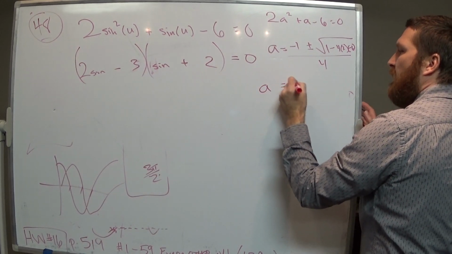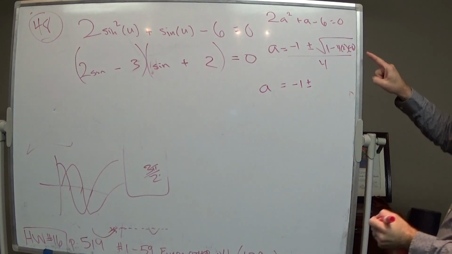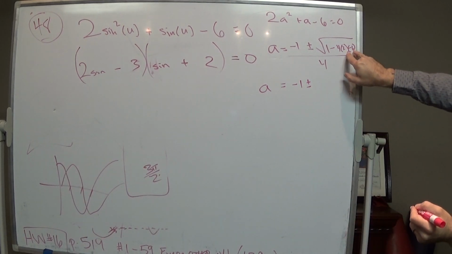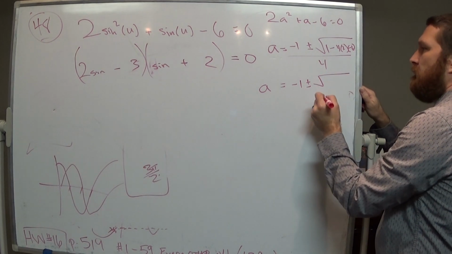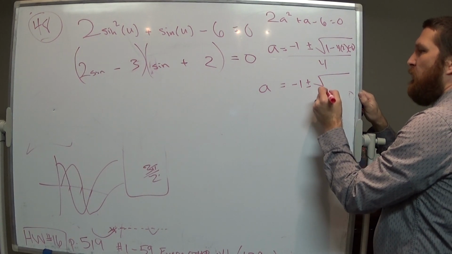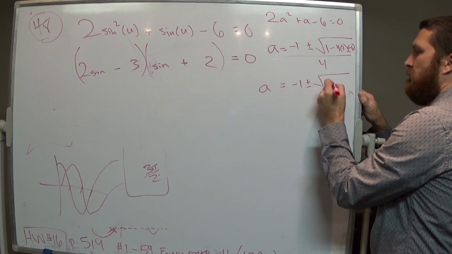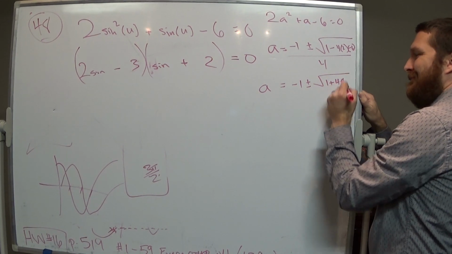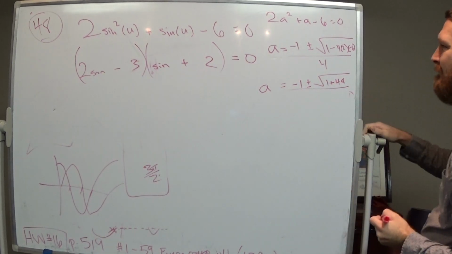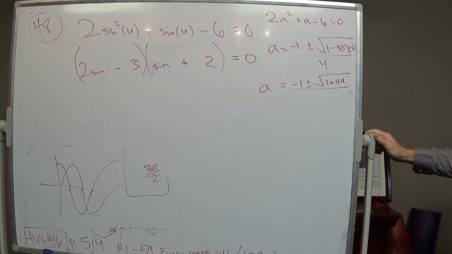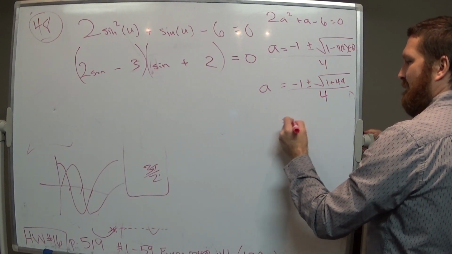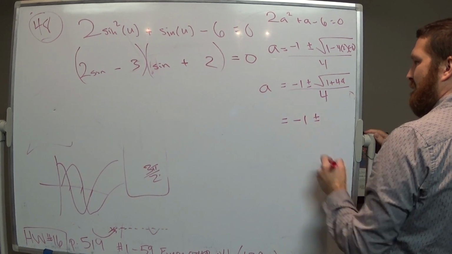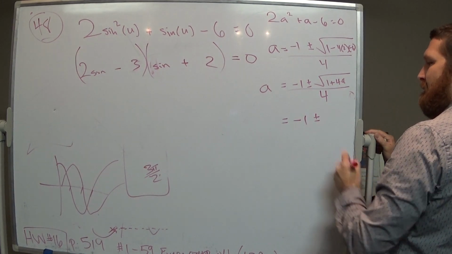A is equal to negative 1 plus or minus... what is that? 2 times 6 is 12, times 4 is 48. So 1 plus 48 is 49, that'd be 7. I guess it would have to, because we factored it. Over 4, so negative 1 plus or minus 7